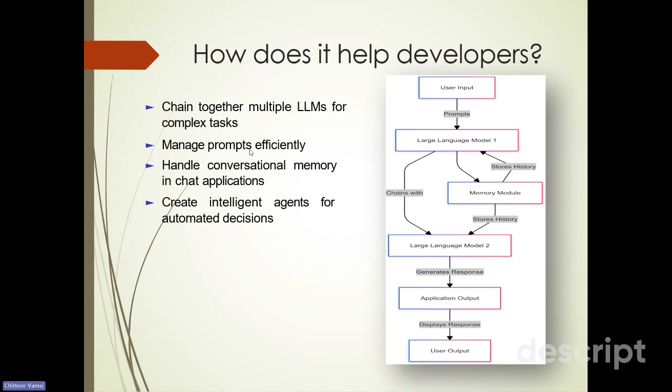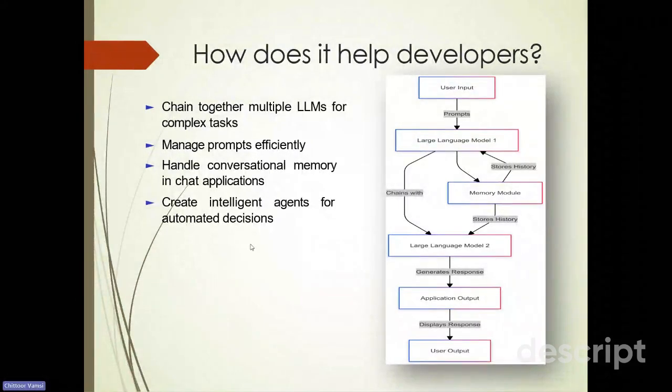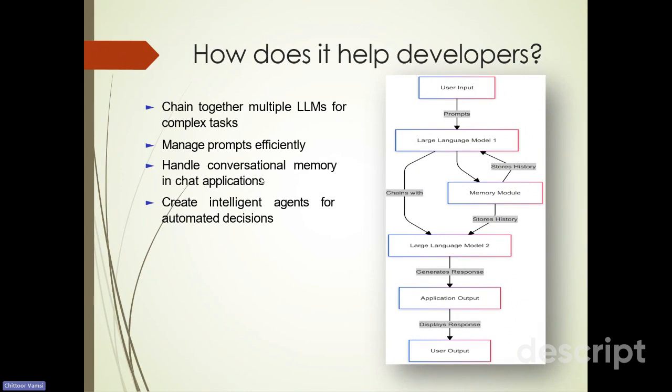First, the large language model makes the new prompt for large language model 2, and then large language model 2 is the one which is going to generate the response, and you're going to display that output on the application side. So this is one typical flow that happens. It is made such that you understand a typical flow. In most applications there could be only one large language model. Sometimes you don't need a memory module. Sometimes you need a vector database. Instead of just depending on prompts, you might have an additional component where you retrieve.